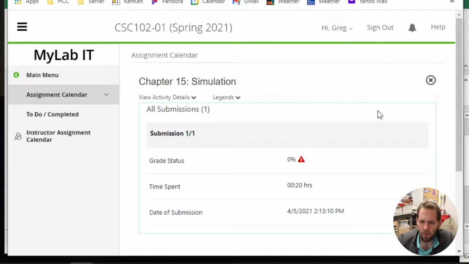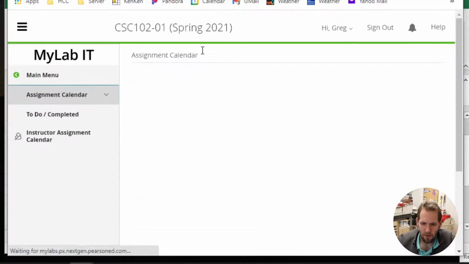Anyway, with the assignments, you all have multiple attempts at things, and the simulations are no different. You have multiple attempts with the simulations as well, so you can come in and see the submissions. If I go back to my assignment calendar,